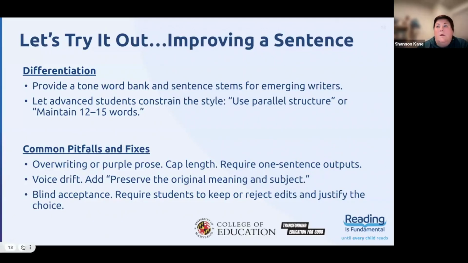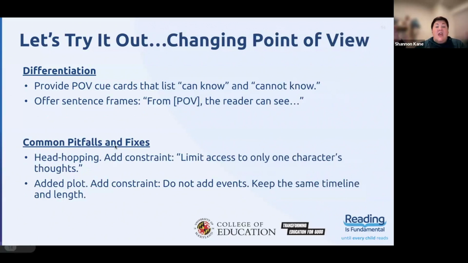So let's do another one. All right. So we're going to change point of view, right? So here, when we're thinking of changing point of view, we have a short narrative, right? And so we want to teach students how we can control perspective and this idea of narrator and reliability, right? So for this task, you typically need a pretty short paragraph, like 3 to 5 sentences, right? And from there, we will make some changes. So we're going to jump into that.